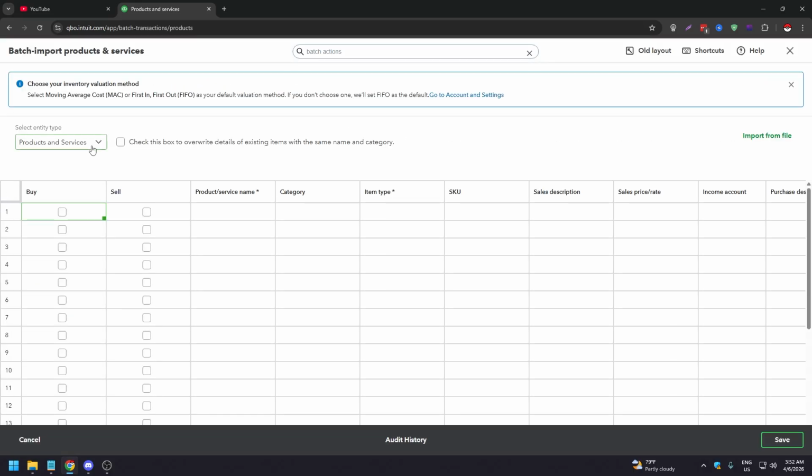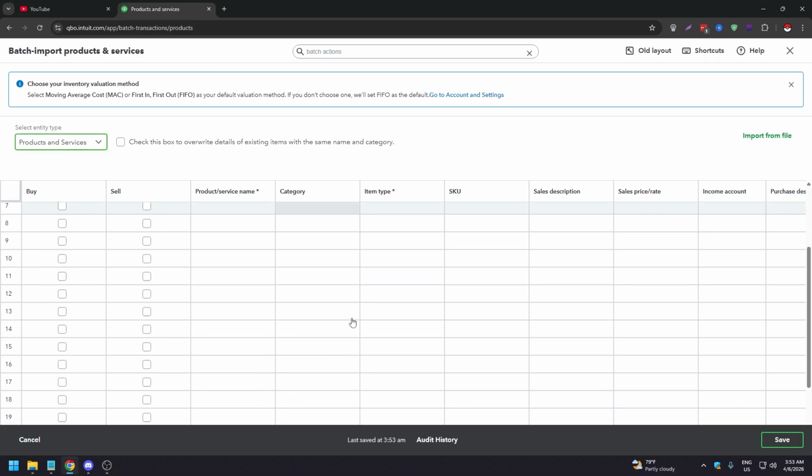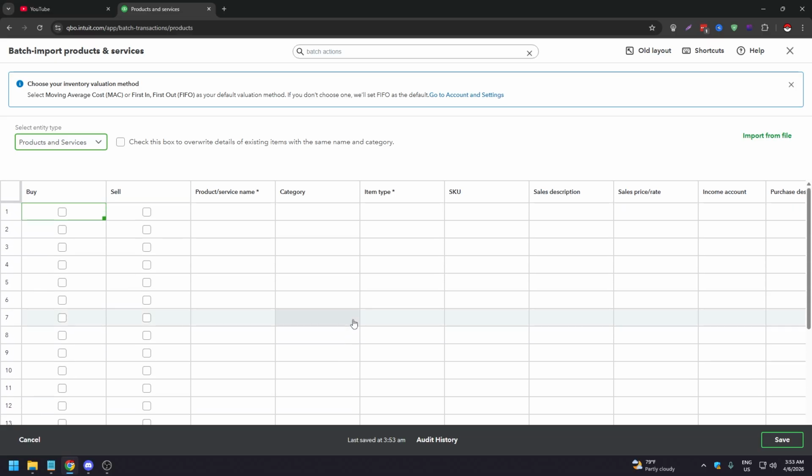And here you're gonna be just clicking everything here. So you're just gonna go product service name, category, item name, SKU, sales description, so on and so forth. And is it buy sell? And you can actually just go through here with this when it comes to auditing, right? So that is one way to do so, because again, if you type in, we go back, right,